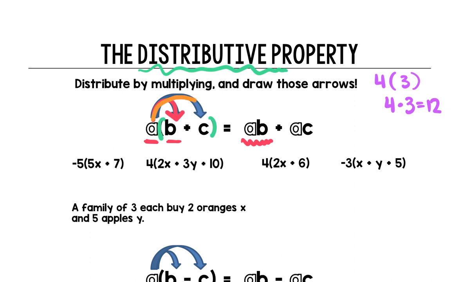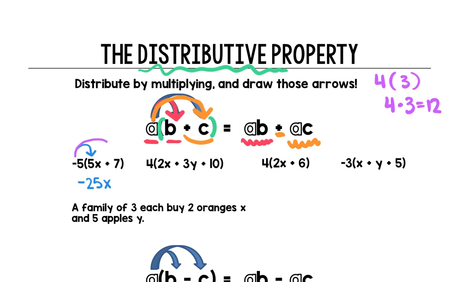We are going to multiply A times C to give us AC, and because this is positive, the positive comes over right here. Negative 5 times 5x is going to give us negative 25x,